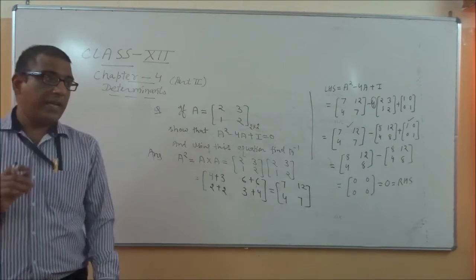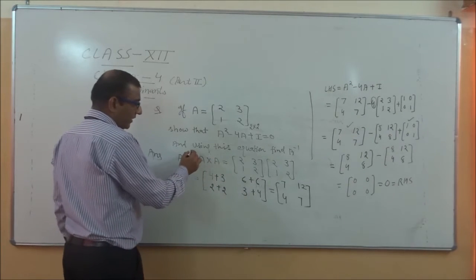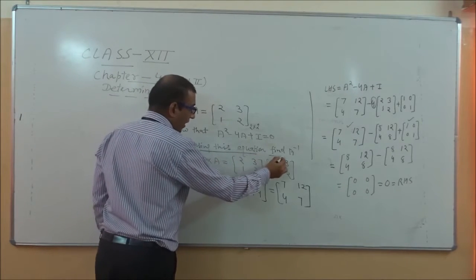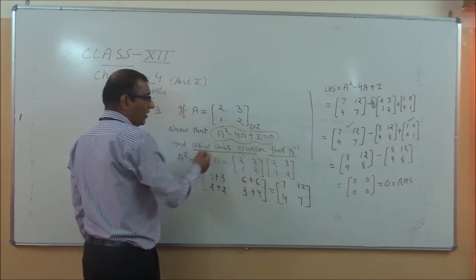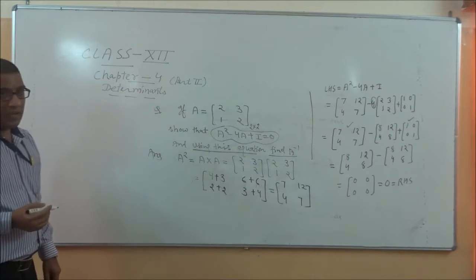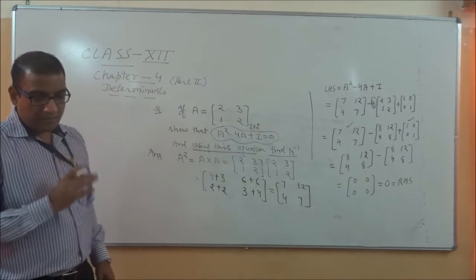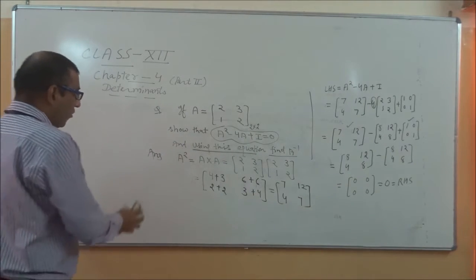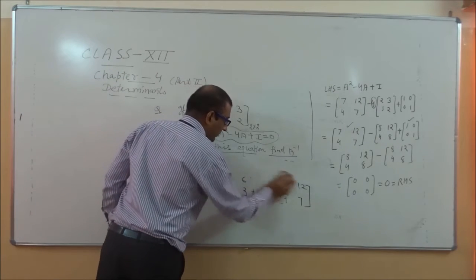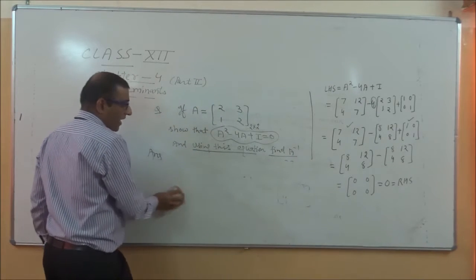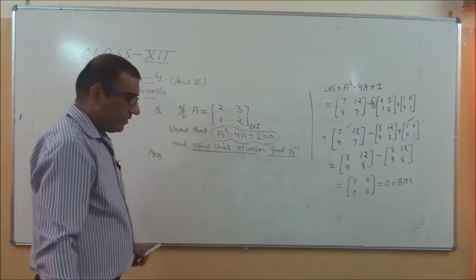Now we have to calculate A inverse. As I said earlier, in such a question, it is given here: using this equation, find A inverse. It means with the help of this equation we have to calculate the value of A inverse. We will not apply any other method for finding the value of A inverse. So in such questions, how can we calculate the value of A inverse? We will go with pre and post multiplication. So what is the meaning of pre and post? You will see here.